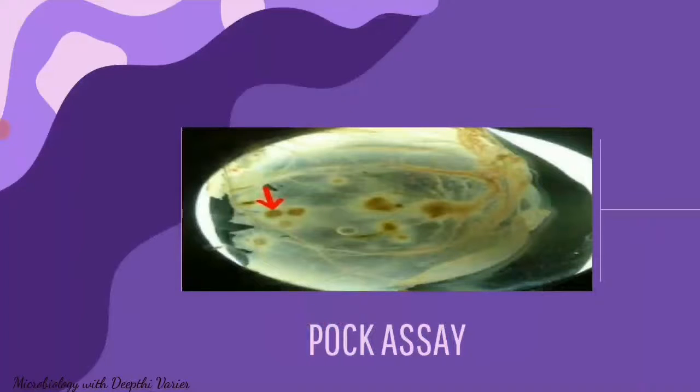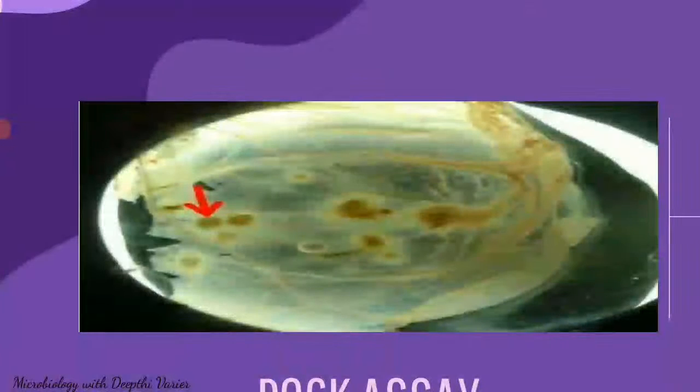of viruses. The next method that we have is the POC assay. Now POCs are also called lesions. They are usually caused by the aggregation of the cells, and they are an example of a cytopathic effect, that is, an effect seen on the tissue due to the viral infection. The POC assay is usually done on the chorioallantoic membrane of the chick embryo, as you can see over here. The chick embryos are inoculated with a diluted preparation of the virus, and after incubation, the number of these POCs or lesions that are seen is counted.